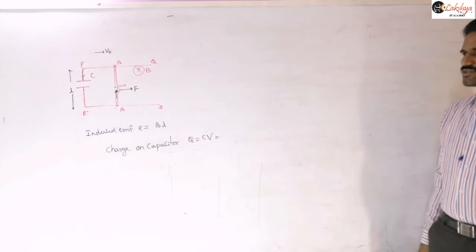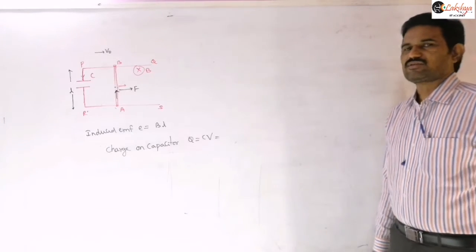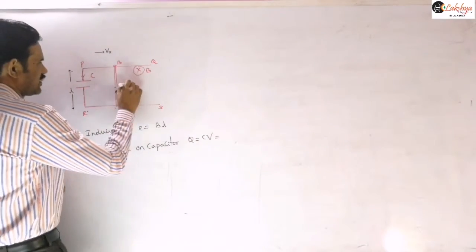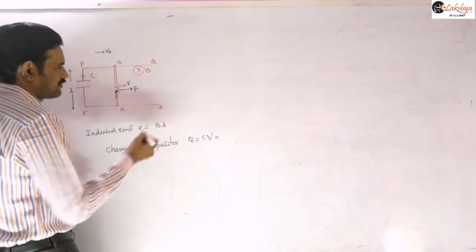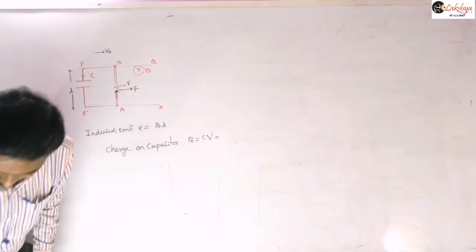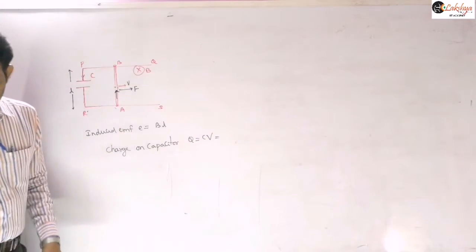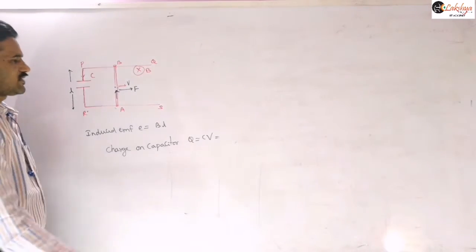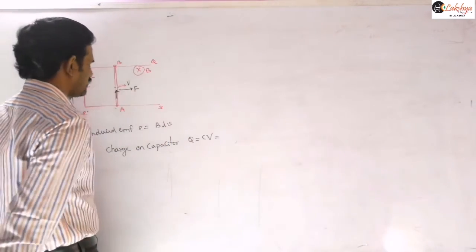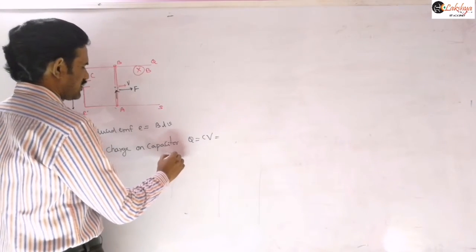Right? So whenever such a force is given, you need to assume velocity as a function of time. That means velocity at any instant you need to assume here. So let us consider that velocity at any time is v here. So first you may mention that assumption. This v0 is not there now. Let v be the velocity of the rod at any instant. And therefore the induced EMF is equal to BLv. So then the charge on the capacitor, now we can write this as,